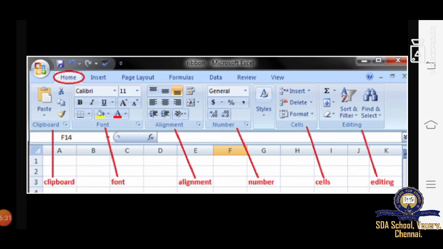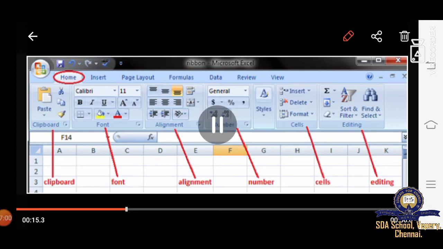First we need to study it carefully and observe what each group is about, and according to that we have to operate Microsoft Excel. You can see down there: clipboard is there, font is there, alignment is there, number is there, cells are there and editing part is there. All these things will help you out in MS Excel.